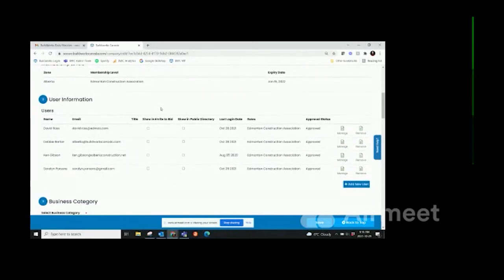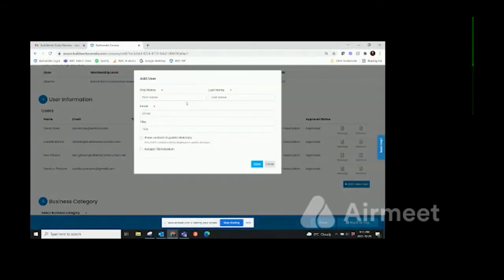This is one of the most robust pieces as far as getting your entire organization kind of maximizing their efficiency within BuildWorks. So here you can see we have 4 different users within our Edmonton Construction Association company profile. If we had a team member departing, what we would just want to do is just remove them right here and then click Save. I don't want to remove anyone on our profile, so I'm not going to do that. However, you can add a new user. So just pressing Add New User,